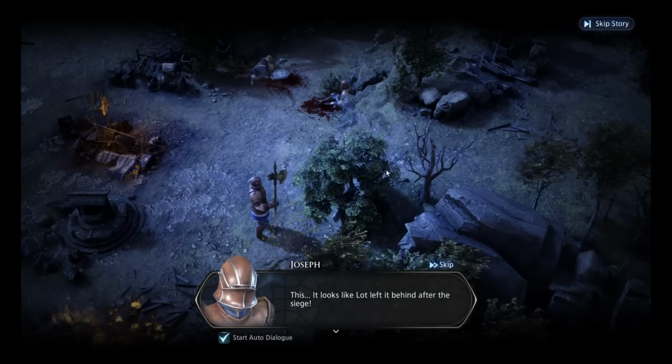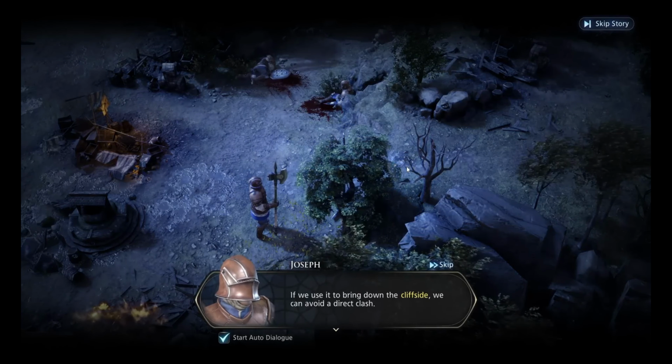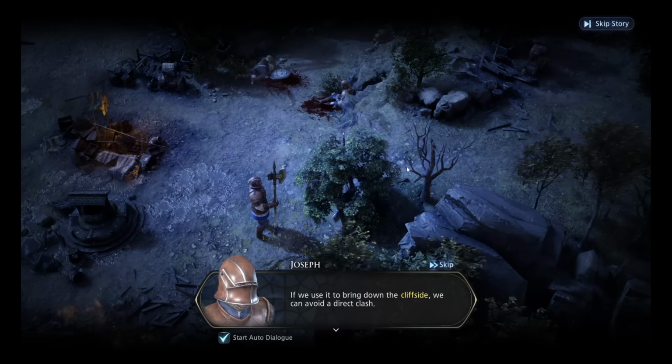This... it looks like Lot left it behind after the siege. If we use it to bring down the cliffside, we can have...